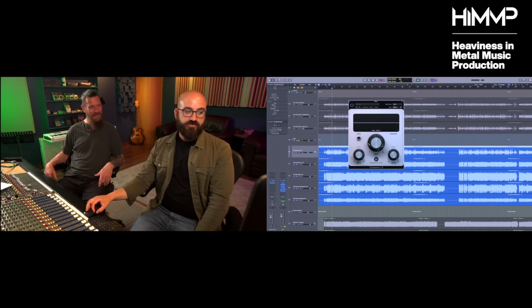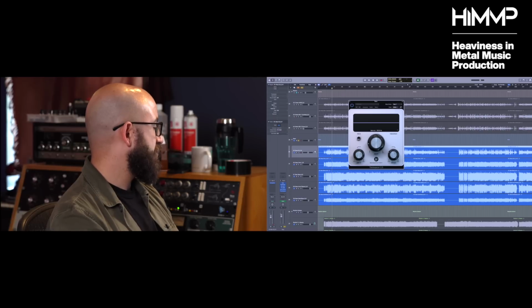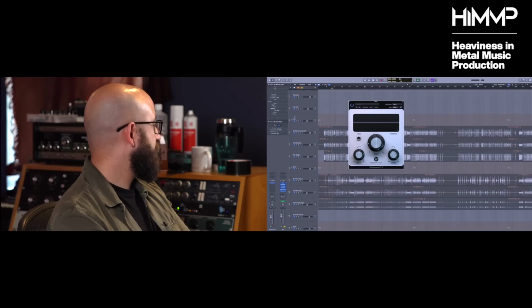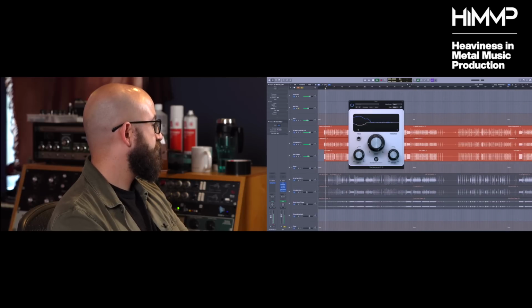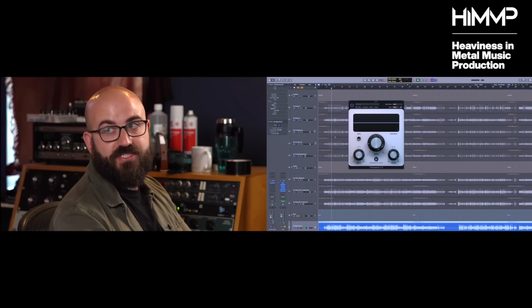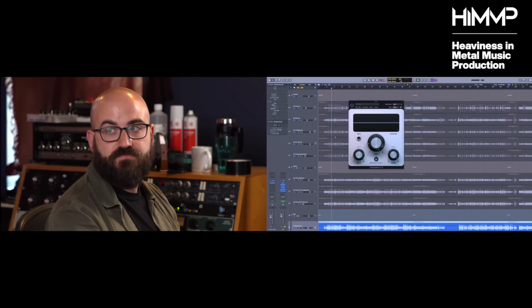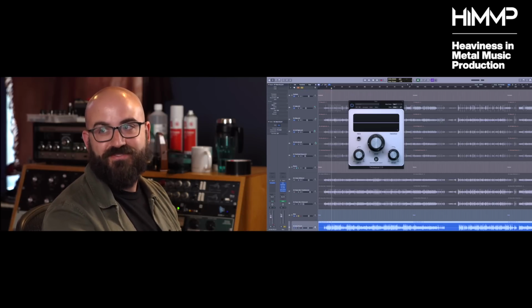I then have Trackspacer on here, which is sidechained from the kick drum. And that's limited to just under 115 hertz. So if I play that in conjunction with the kick drum, having made the bass sound as huge as it does, it's our responsibility to make sure it doesn't step all over the kick drum, and that does a really good job of it. So that's a way of being able to make the bass huge and upfront, and not have too much.